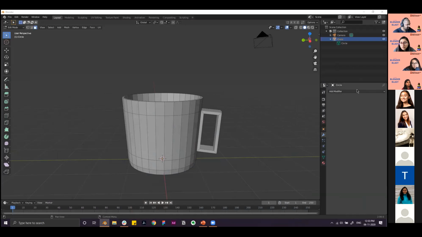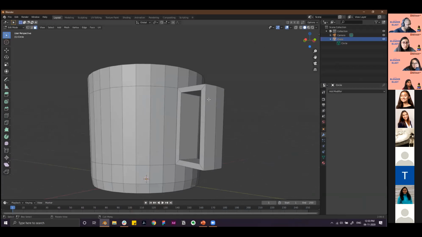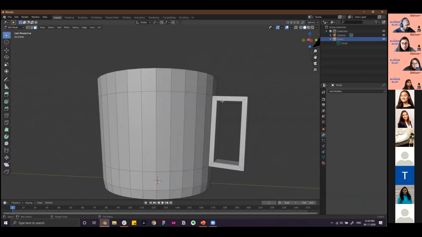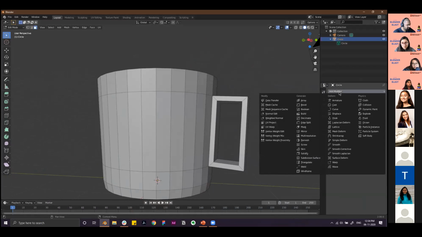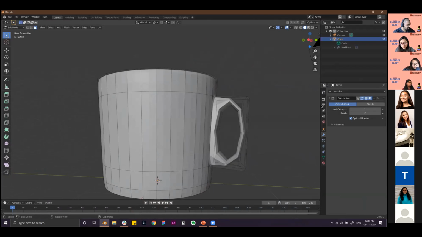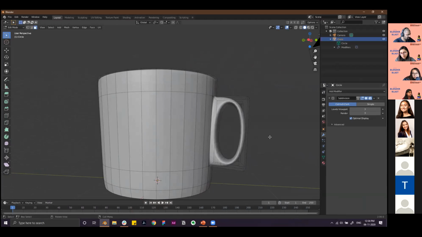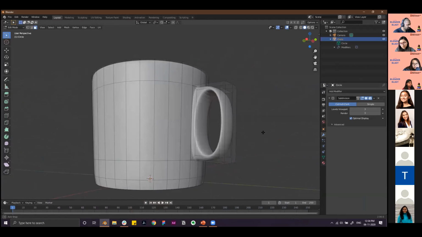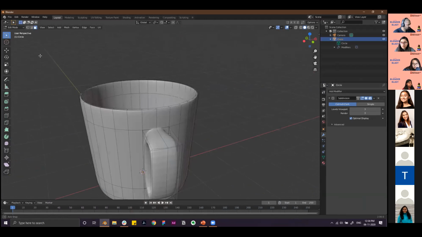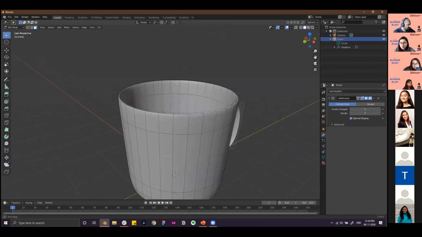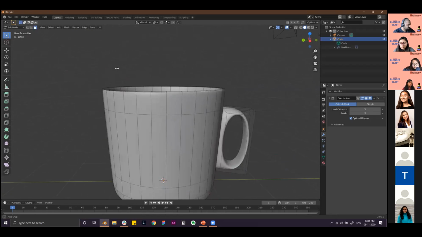Yeah, so the next step we do is basically give it more of a defined shape. We do that by adding another modifier. This is called the subdivision modifier. It'll allow us to give it more of a defined shape. So if you see, now it looks more rounded.